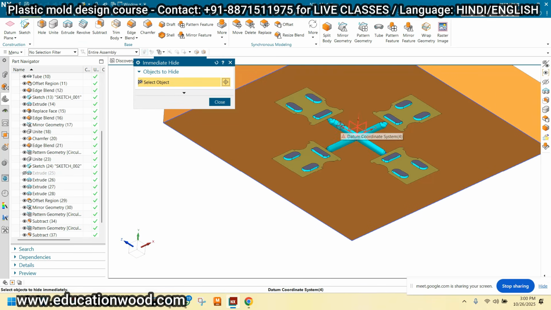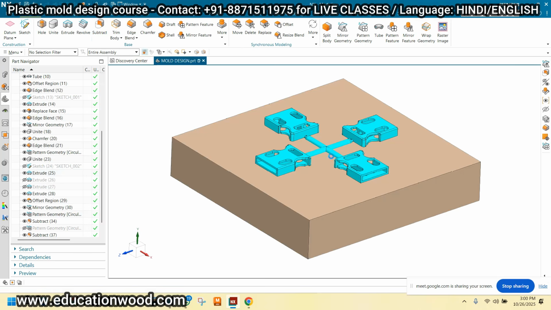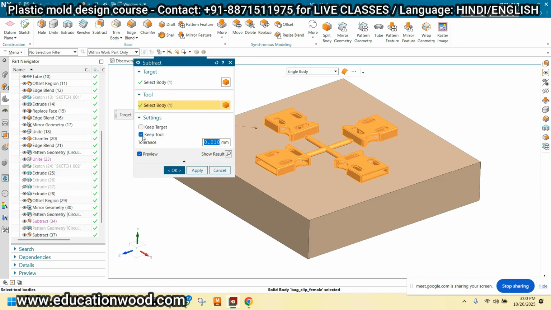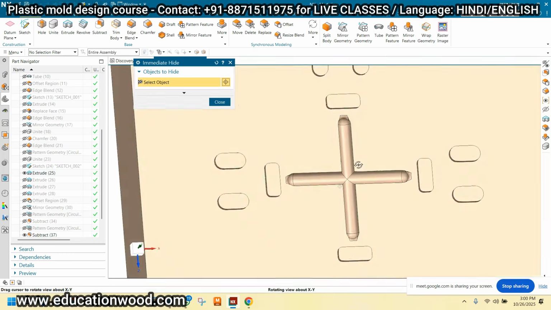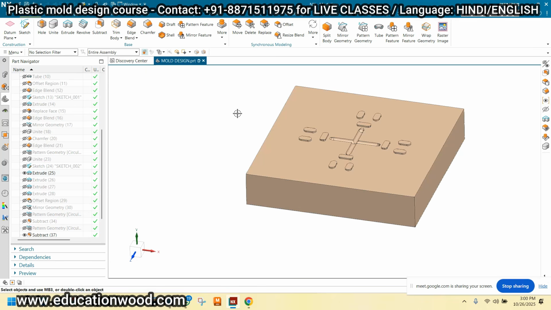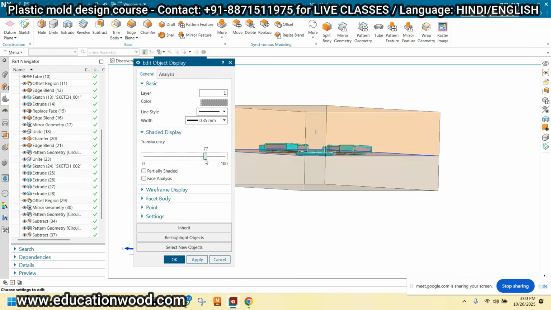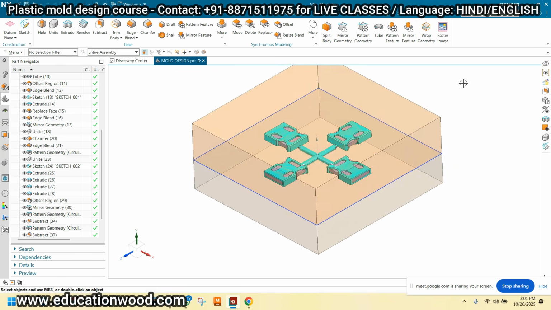This is the component and the runner, and subtract from the core, keep tool on and just click OK. So this is the core, and this is the cavity. So we have prepared the core and cavity with the complete layout of the four cavity.